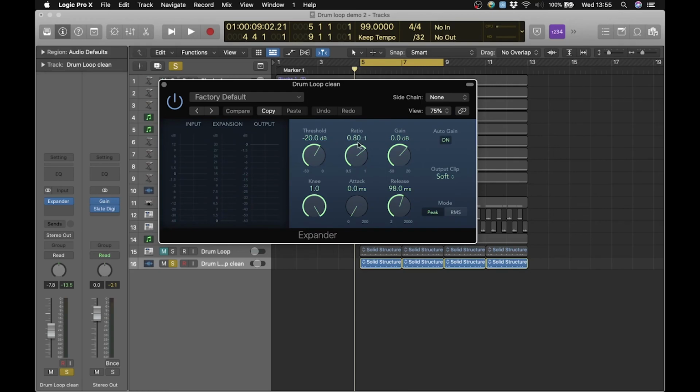Ratio is how much it expands it. If you had it set at 1, it would do nothing, because it would be a 1-to-1 ratio. If you set it at the opposite end of the spectrum, it would expand it a lot, so make the loud bits very loud and the quiet bits very quiet. It comes set in the middle at 0.8, which is a nice place to start. And threshold, you can take it down a little bit just to make sure it captures all those little kicks